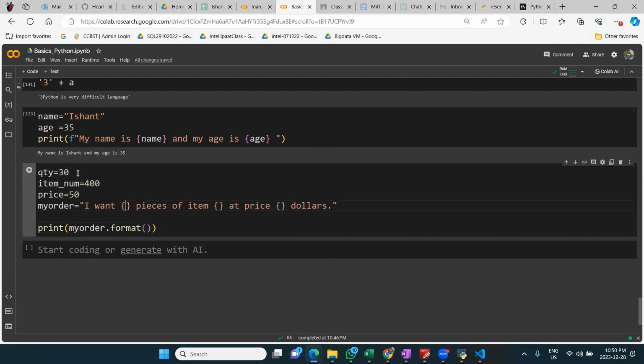So first sequence is what? I want quantity. So the first sequence is quantity here. I want to give quantity here in this. The second one is what? The second is item number. So give item number here. And the third thing is what? Price. And put it here. Okay. So now if you run it,